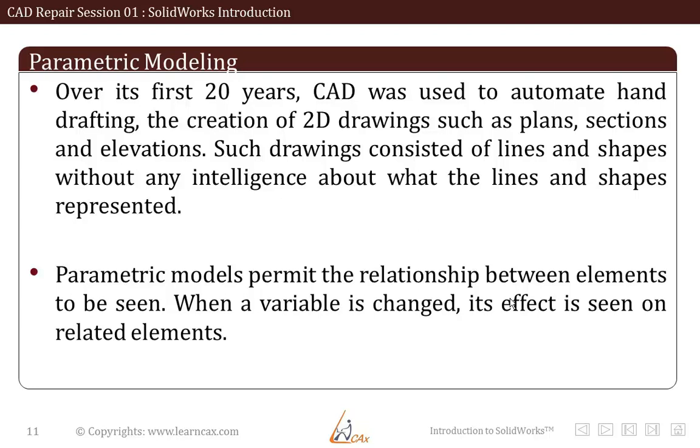Parametric modelers that use a history-based method keep a record of how the model was built. When the operator changes parameters in the model and regenerates the part, the program repeats the operations from the history, using the new parameters to create the new solid. There are many uses for this type of modeling. Designers can test various sizes of parts to determine which is the best part for the use by simply adjusting the model parameters and regenerating the part. So this was a brief understanding of what parametric modeling means.